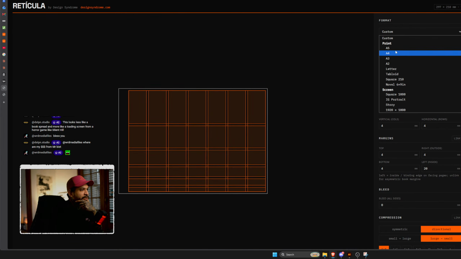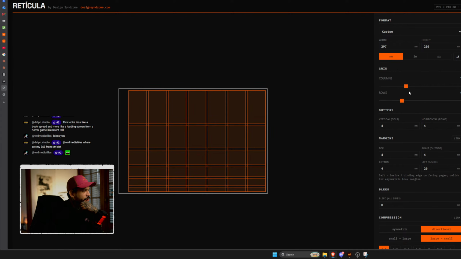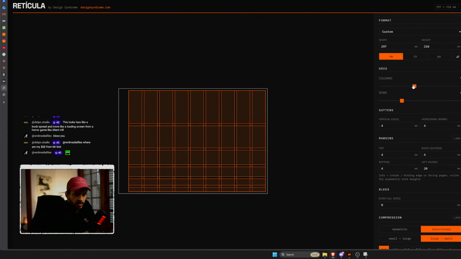Here I'm going to do an A4, but I want to do it horizontal. So I'm gonna do something like that. Here I can set the columns and the rows that I want. And usually these kinds of books tend to go in pair numbers, like 4, 8, 12 maybe. So for Dostoevsky, I want to do it in threes, like 6 and 9, because I think it's gonna give me a more awkward composition, right? And I think I like that feeling more.